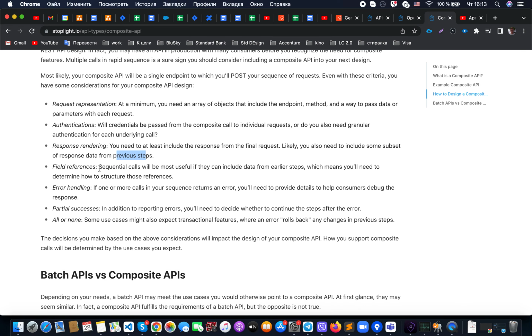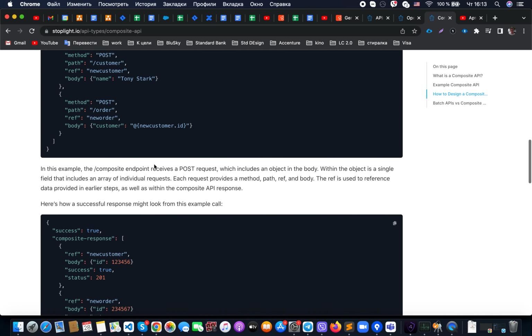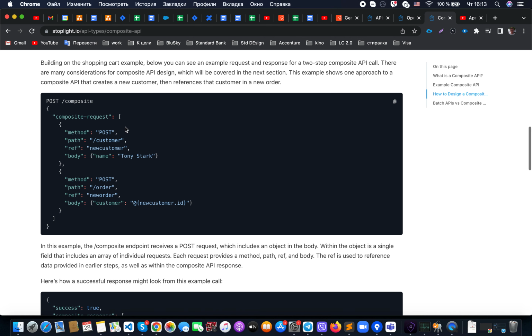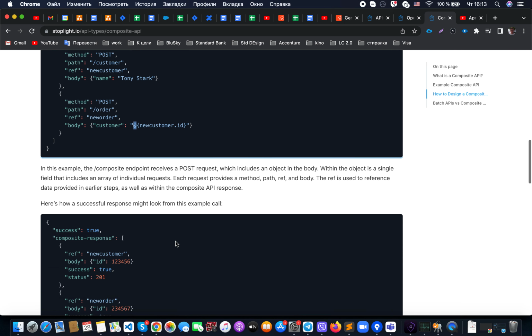Also here we have another item, the field references. It gives us the possibility to use data from the earliest steps, and it will help us a lot, because in that case we will not need to pass data from one request to another. As you could see here, we have the reference field new customer, and here new customer.id. So with this dynamic invocation.